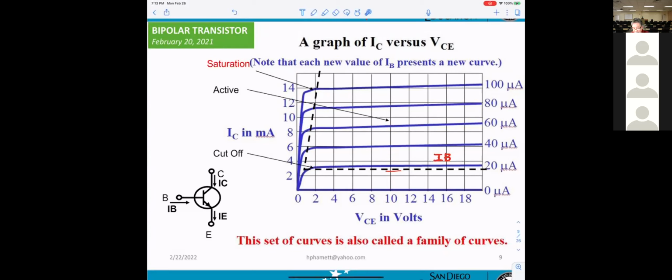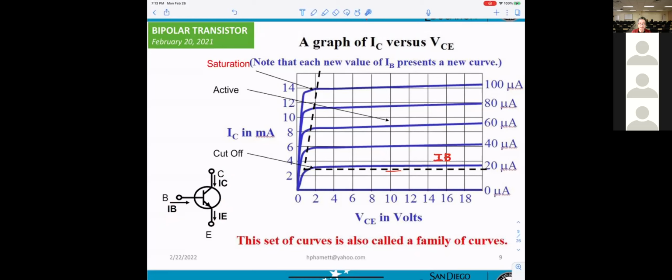So basically, current IB will control the transistor. So that's why they call a bipolar transistor a current controller. You change IB, you change IC and IE.